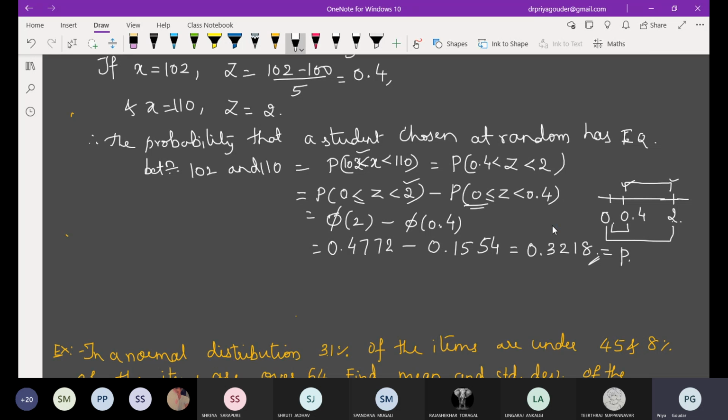Now we have one more quantity Q. Do you remember what Q is given by? 1 minus P. This is like a probability of failure, that is, the student's IQ level is not between 102 and 110. Complement of P is nothing but Q. What is this value? 1 minus, what is this difference? 0 point